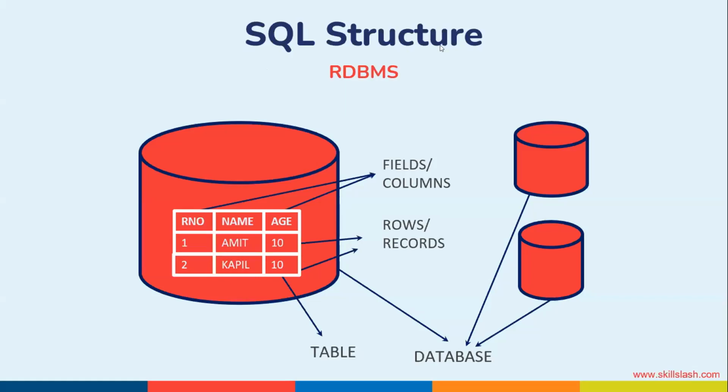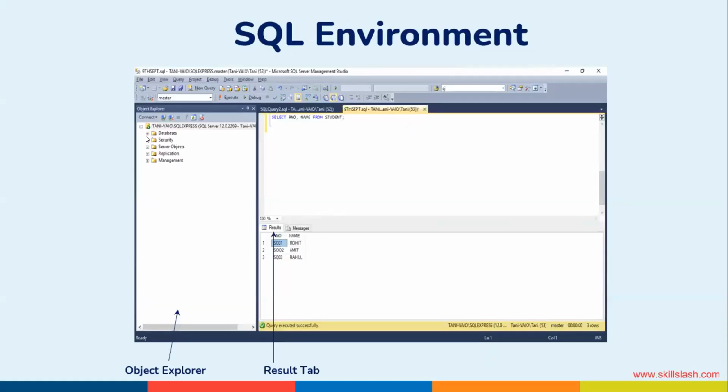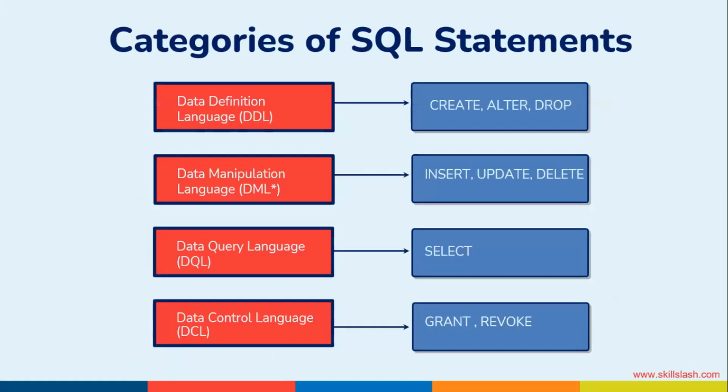And I very quickly introduced you yesterday to the different windows. So this window, for example, is called the Object Explorer. This one is called the Result tab, where the entire information will be stored. And this is basically the place where you will be writing your SQL query, right? So all these things we have discussed.